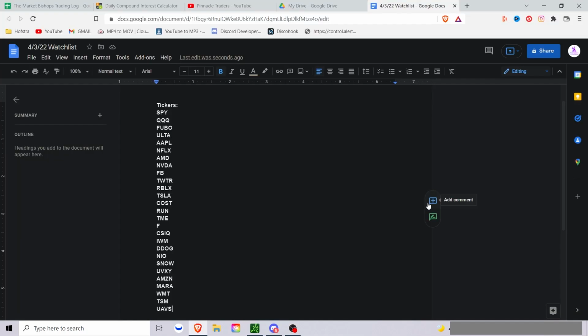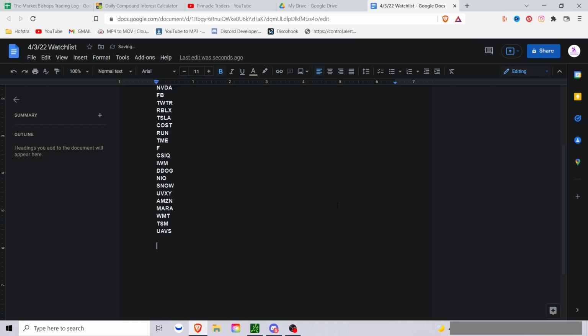The way this is going to work is, as I showed in the screenshot before, we have these tickers right here. I'll be sharing this watchlist, this Google Doc, with you guys in the night or something. I'll post the ticker itself, right? So the first ticker is SPY, right? So we'll start off with SPY. Let's make this fancy, you know what I mean. All right, so